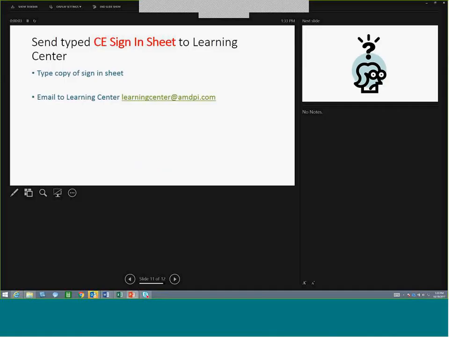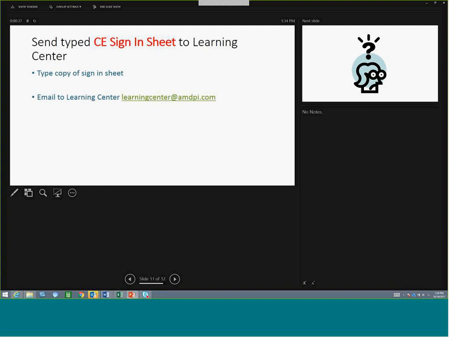This last step, I'll explain it, but I'm going to also tell you that we have been talking this week about potentially changing the way this step works, even before we start doing this. So it's going to work for the time being, but the chances are that this last step is going to change in the very near future, and we'll provide more training at the point that it does change. But for right now, we're going to require you to send us a typed sign sheet.